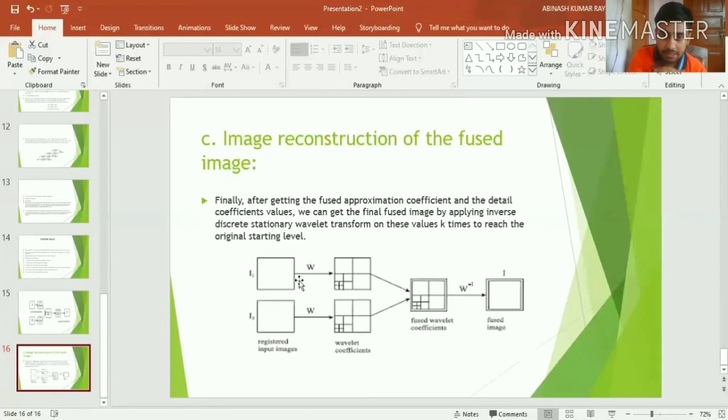Here W stands for stationary wavelet transform, and after constructing this fused wavelet coefficient, we apply the inverse of this one. Now we get an enhanced fused image, which is of better quality.